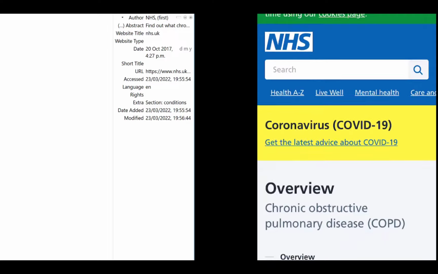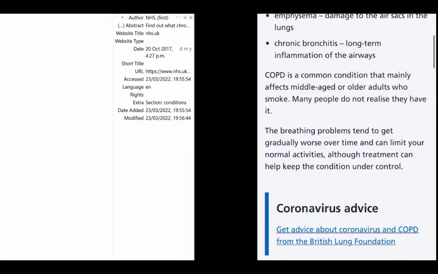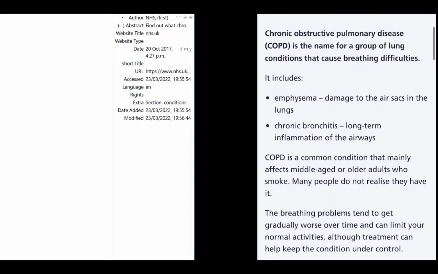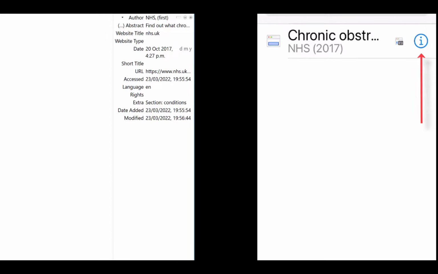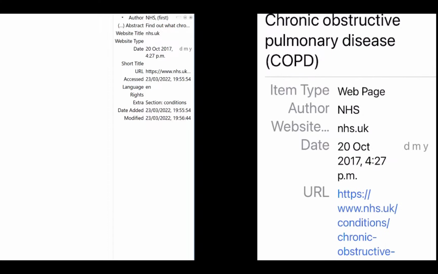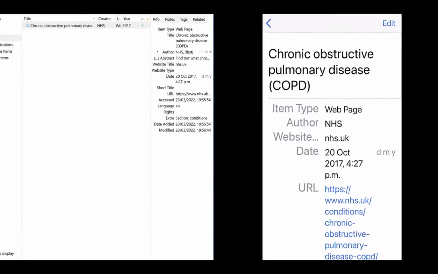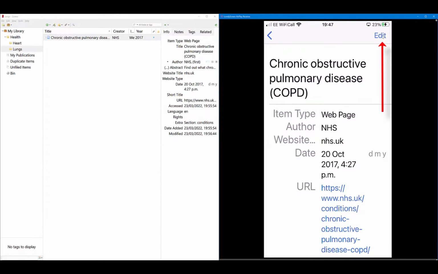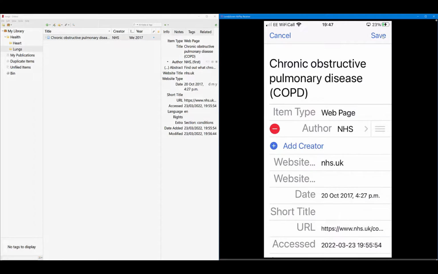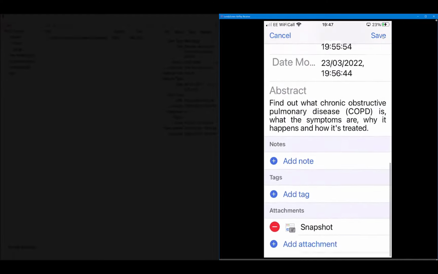There's another quick option I want to use on this. I'm going to open it up on the app. Say you are reading a source. I've got the NHS source here, and you find something you want to use. I'm going to highlight it. I'm going to copy it and then close it. Now I've got the source already in Zotero, but if I select the little i information on the right, and then I come to the top right hand corner and select the edit button,